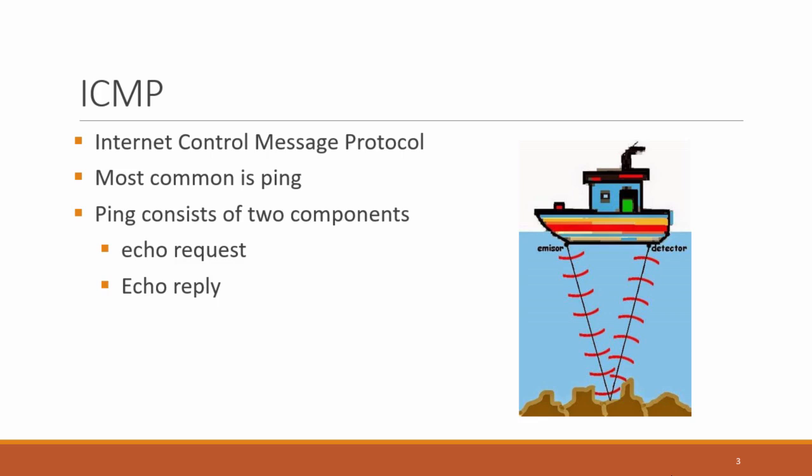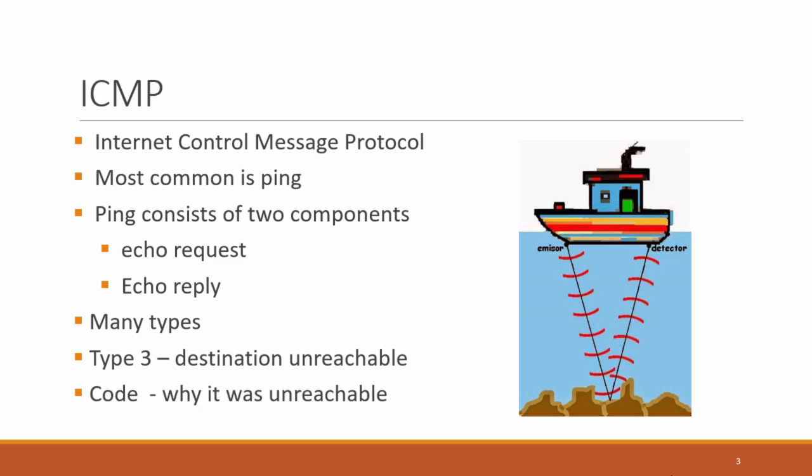Despite most being aware of the ping type of ICMP, there are many different types of ICMP. This is so it can provide messages for those protocols that require assistance. The ICMP type 3, also known as destination unreachable, is very important because it lets us know if something is unreachable. This can show a multitude of different reasons for the destination being unreachable. How do we know which reason it is? There is a subtype called a code. This code will tell us why it's unreachable.